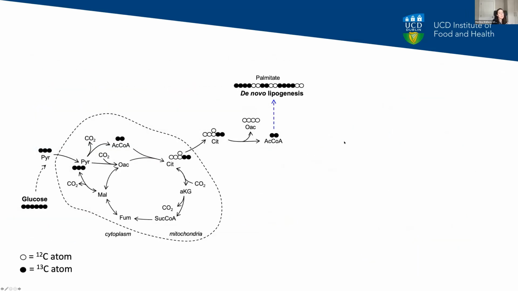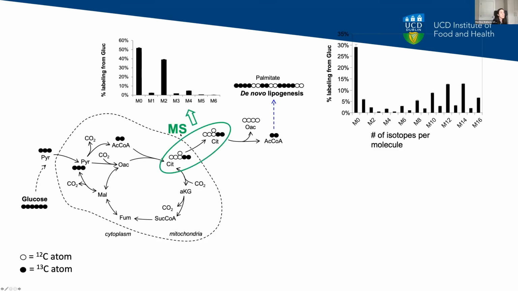This is an example of the kind of data you would get from this experiment. If you trace a cell with 13C-labeled glucose, where all the black dots are 13C carbon, this will get broken down into a fully labeled acetyl-CoA, which can then be used to make citrate. When you look at the mass isotopomer distribution of citrate after tracing with glucose, what you typically see is a really distinct mass increment of 2 coming from incorporation of that acetyl-CoA. That enrichment of citrate can tell you how much glucose it's using versus other carbon sources.